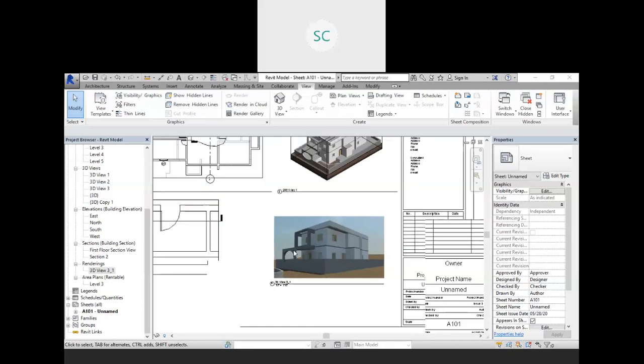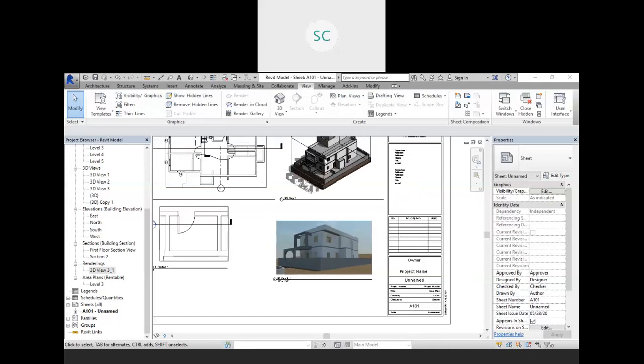But in this model, we do not have that much arrangement. So let me open a new model.